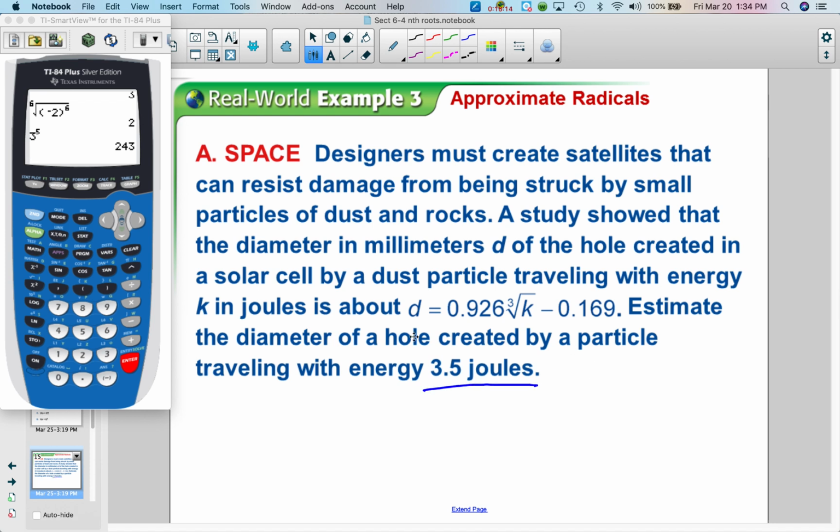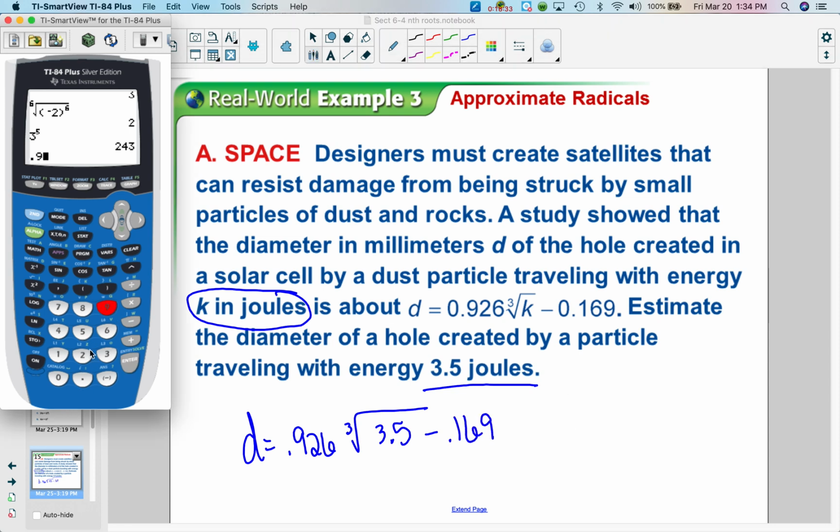So we're given this information. We're told that k is the energy in joules. So all you're going to do is substitute that in. So we get d equals 0.926 times the cube root of 3.5 minus 0.169. And you can go to your calculator and punch it in just like it's written. There's a cube root on here, number 4. So we have the cube root of 3.5. Hit the arrow key to get out of the radical, minus 0.169. And we get that d,